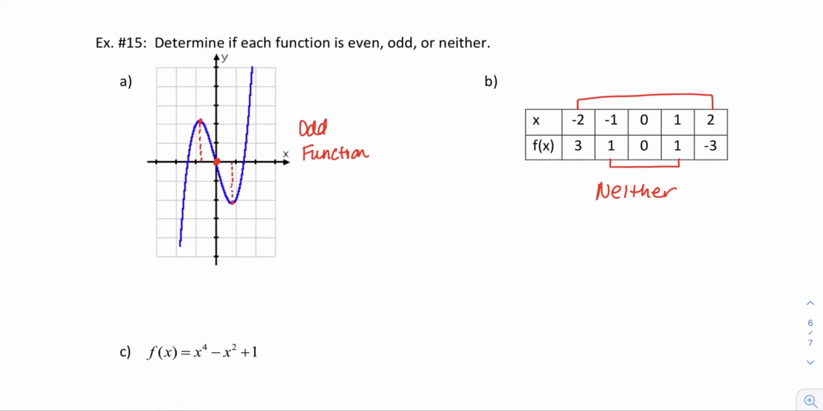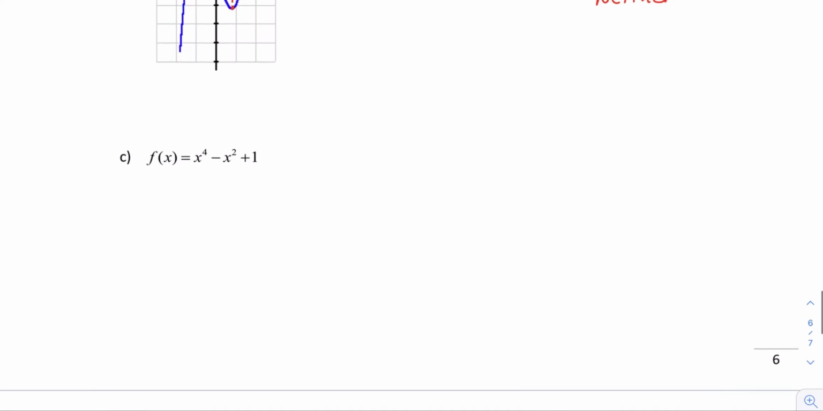So what if instead of a graph or a table, we're actually given the formula or the equation for our function to work with? Let's take a look at this example here. We're given the function f of x equals x to the 4th minus x squared plus 1. What we're going to do is evaluate this function for the input -x. So rather than looking just at one specific number, we're saying what happens if we look at the opposite input